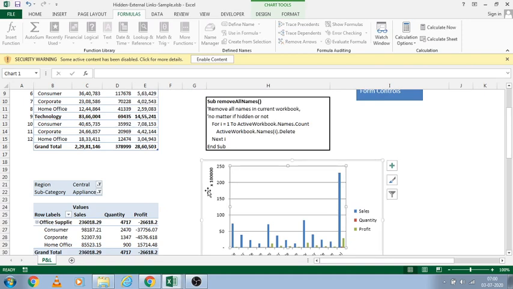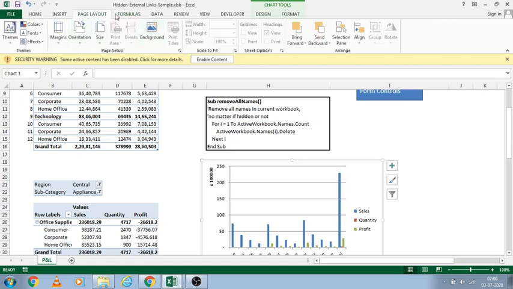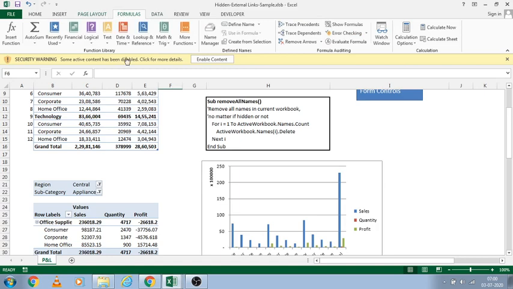Since I have deleted the external links in the beginning, the links are gone here, so it is showing only values.